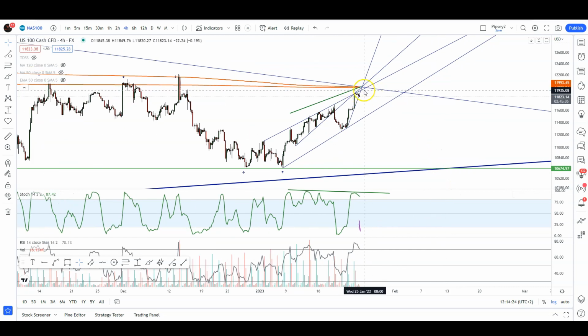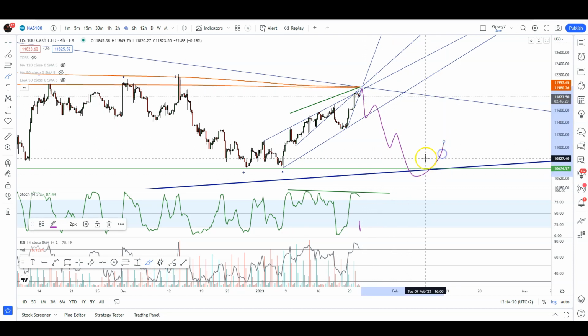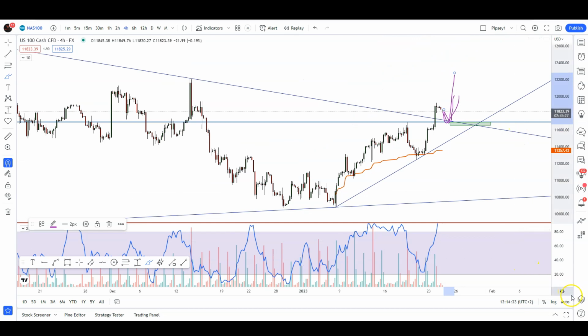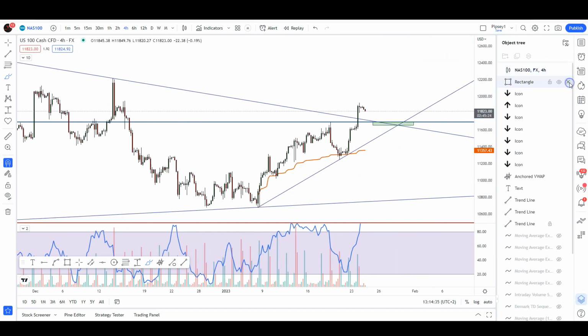So a lot of bearish divergences. We could still get another boost up into this area. I think that's a possibility. And then maybe come down. Or none of that happens and